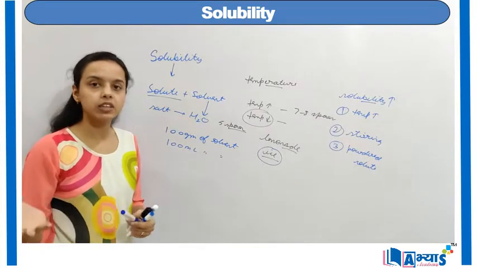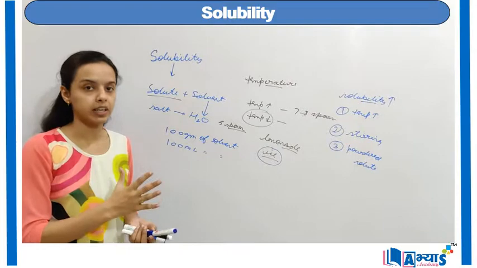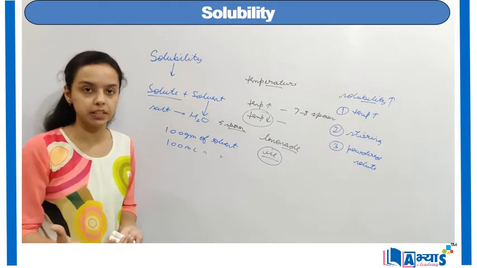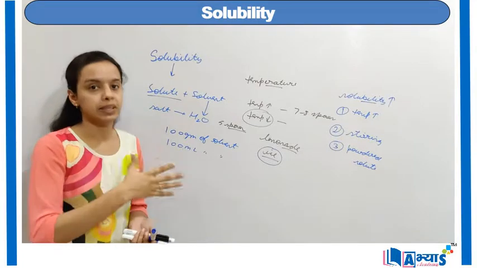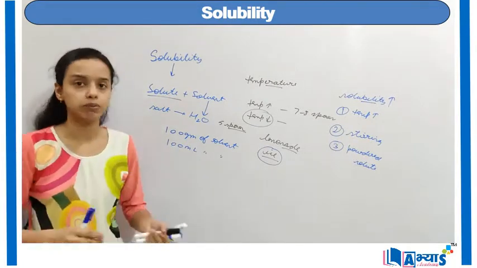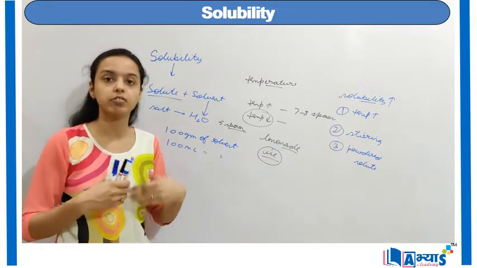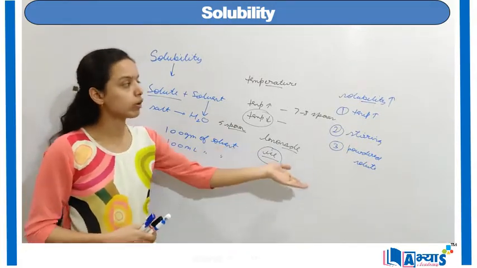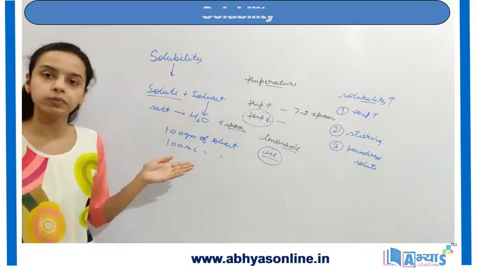You can easily make salt into powdered form by crushing it or by beating it with a very strong object, maybe a piece of iron, which can also be used to break a solid into pieces. So this was the concept of solubility. We have discussed the definition, then the effect of temperature on solubility, and how you can increase the solubility by these three measures. So this was the concept of solubility.